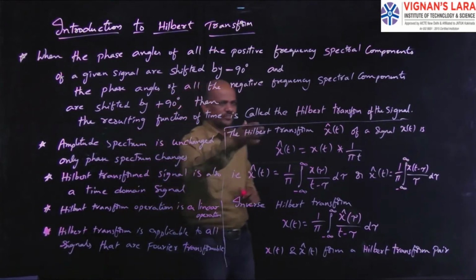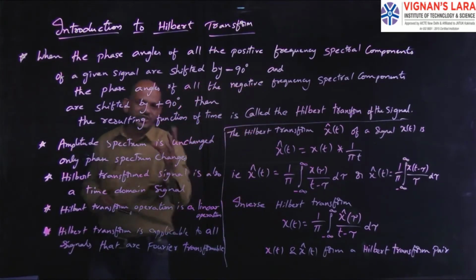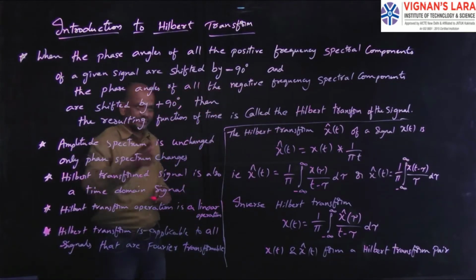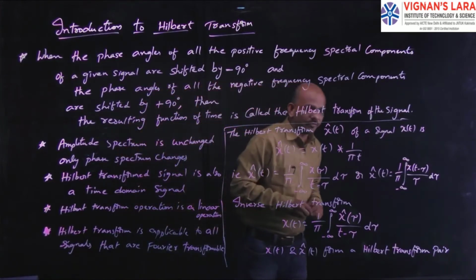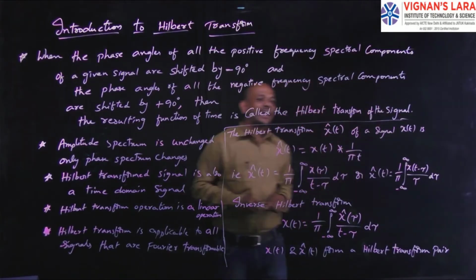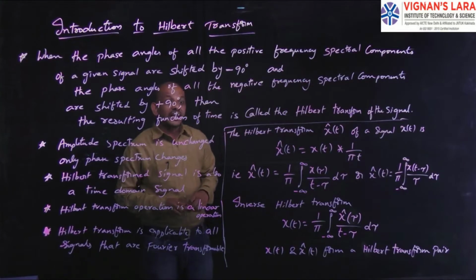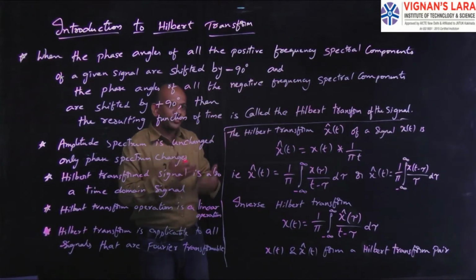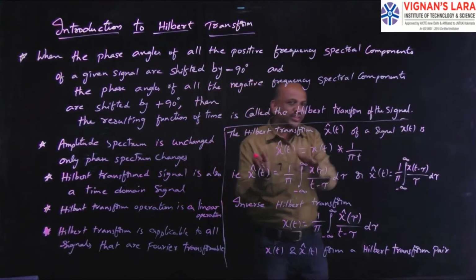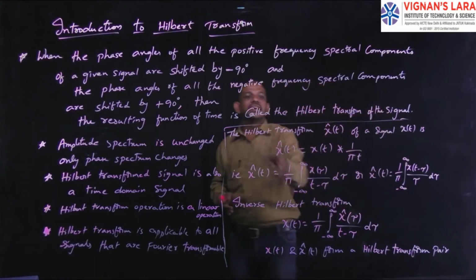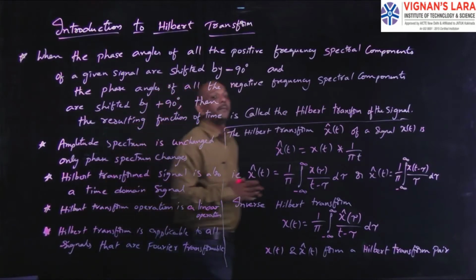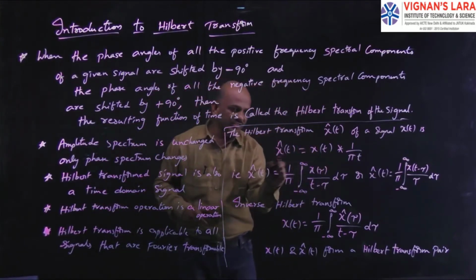First we will see what the Hilbert transform operation is. Then we know that it is a linear operation. I said the Hilbert transform is represented with x cap of t. So, the Hilbert transform of a signal x of t is obtained by convoluting the signal x of t with 1 by pi t. That is simply convolution of the given signal x of t with 1 by pi t will give the Hilbert transform. Simple. Hilbert transform is nothing but convolution of x of t with 1 by pi t. Hence, I have written this as the representation of Hilbert transform.